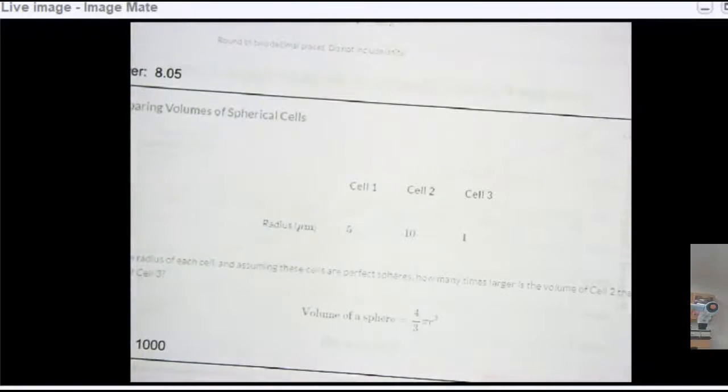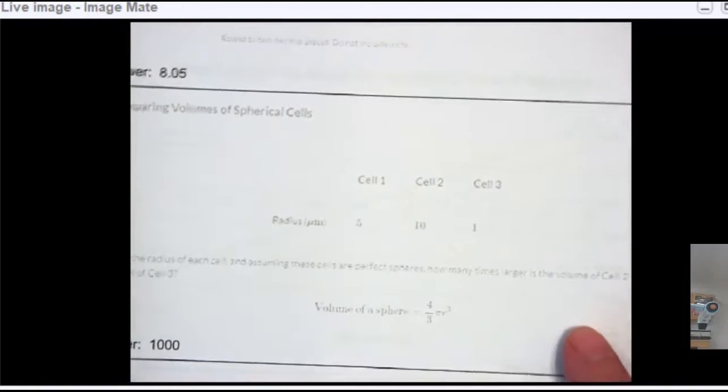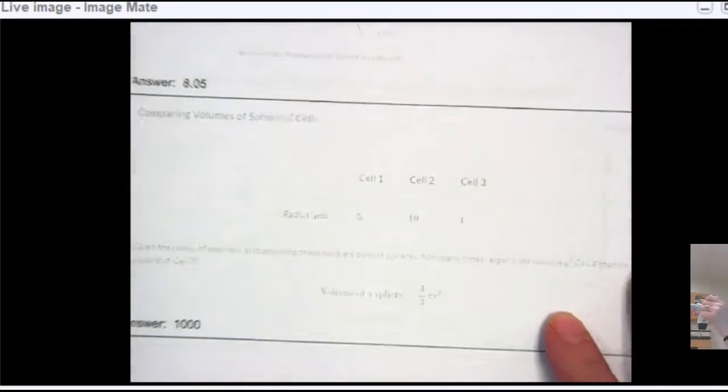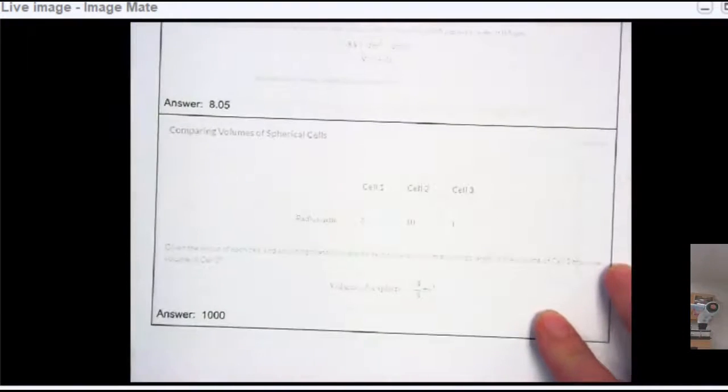All right. The next one did not go over very well, but this one's talking about